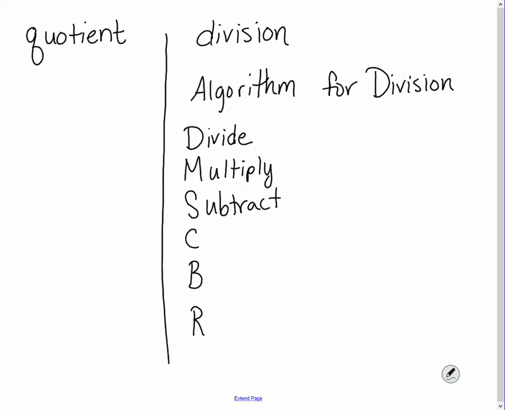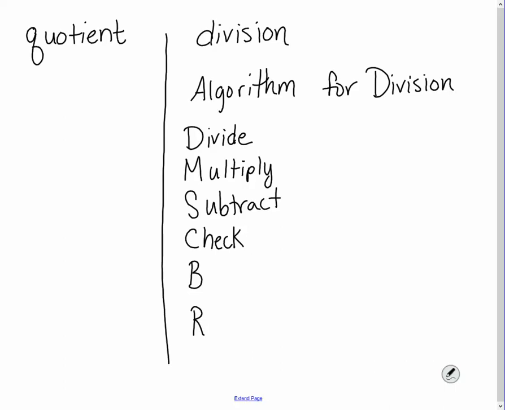Our next step is a very important step that a lot of kids don't do, and it ends up causing some problems. It's check. All right, so divide, multiply, subtract, and check. So what you're checking is to make sure your difference between the product and what your divisor is, make sure that those two numbers,